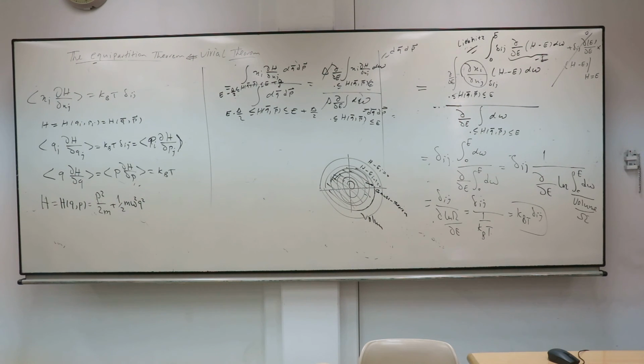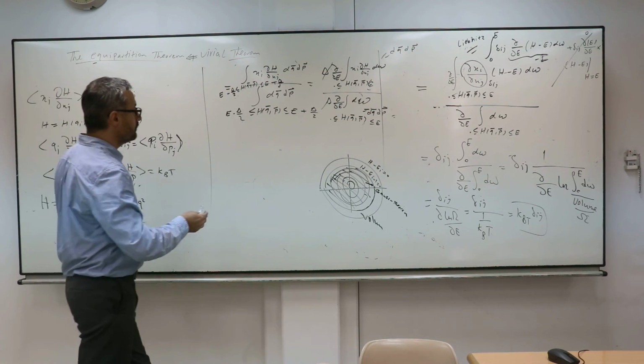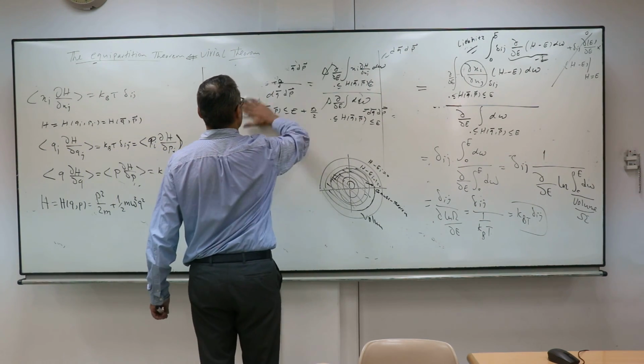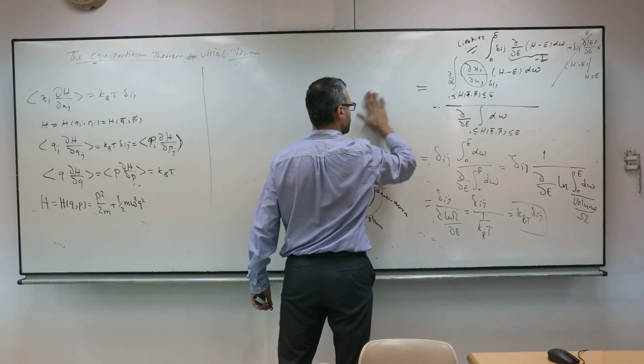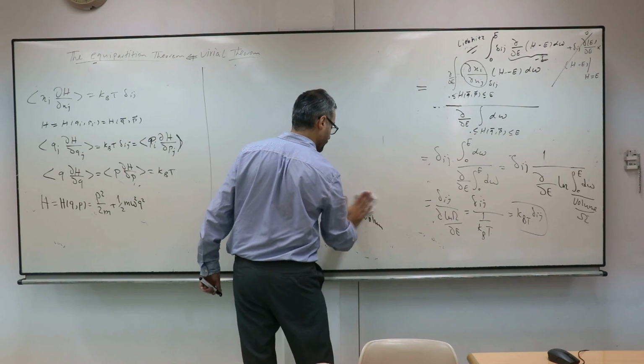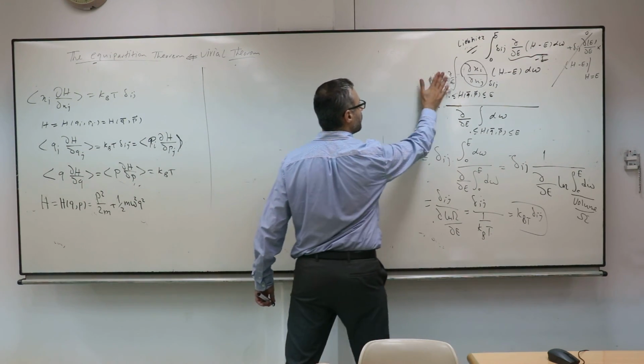Doctor, can xi and xj be in the same coordinate? Of course, they can be the same and they can also be different. Because you said if xi is q, xj